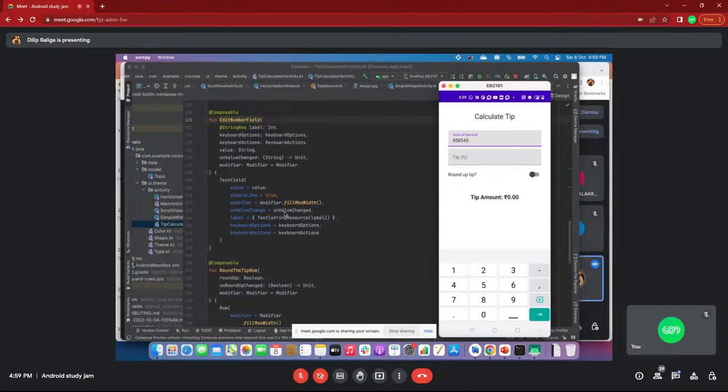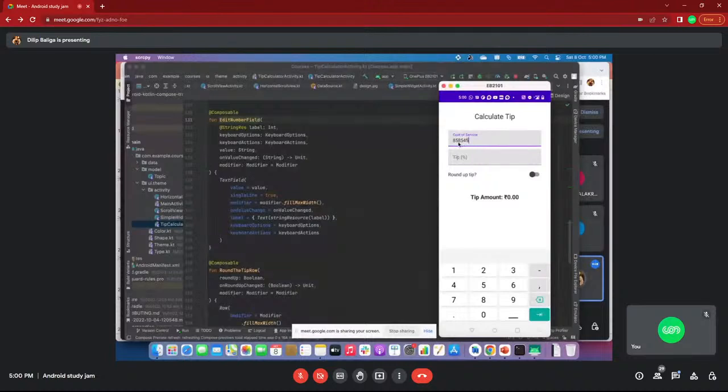What it will do is take the value entered in this text field, that is the use of onValueChange. Now it is assigning this value.